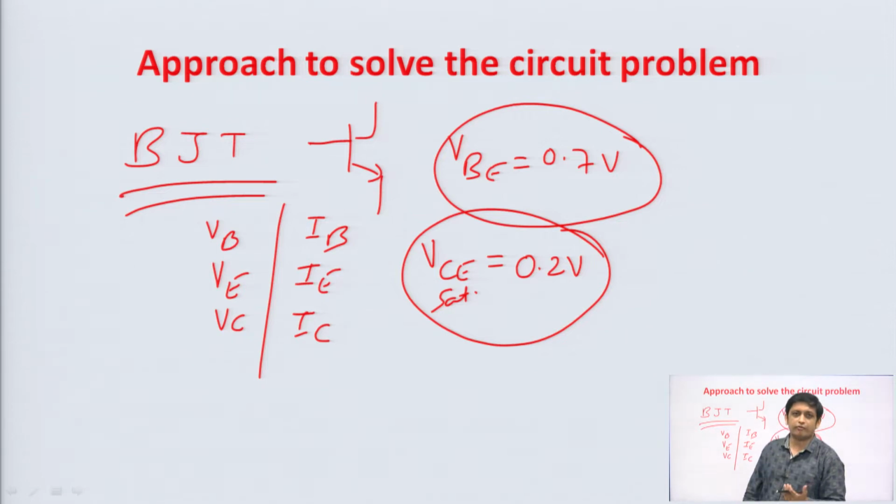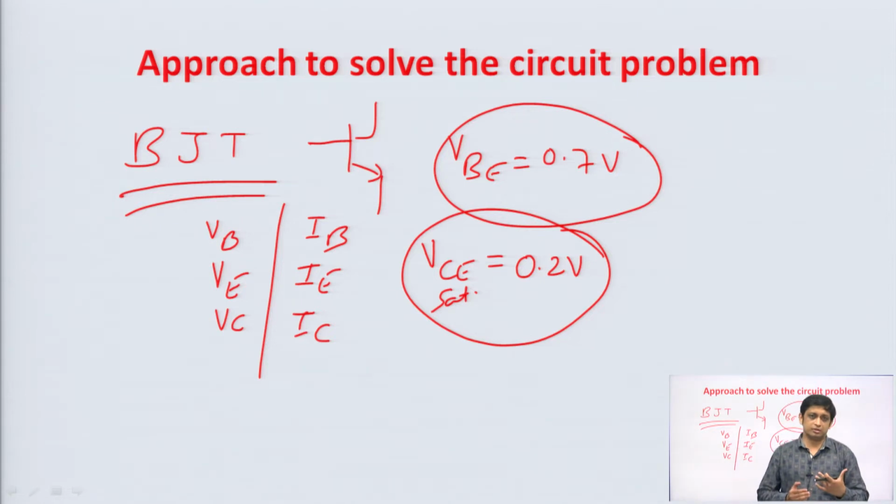what is the region of operation of BJT, that is also important, in which region the BJT is working, whether it is in active region or in saturation region or in cutoff region. Fine. So, cutoff case is very clear. If your base to emitter voltage is less than 0.7 volt, then it is in cutoff. Fine. NPN transistor, right.